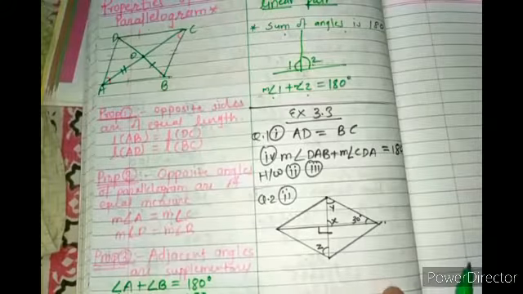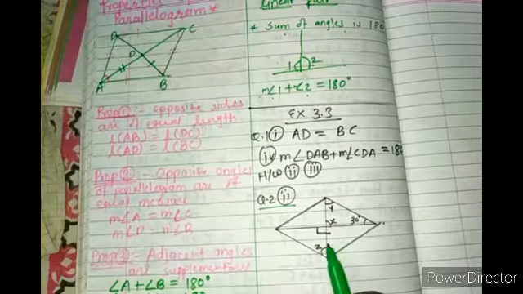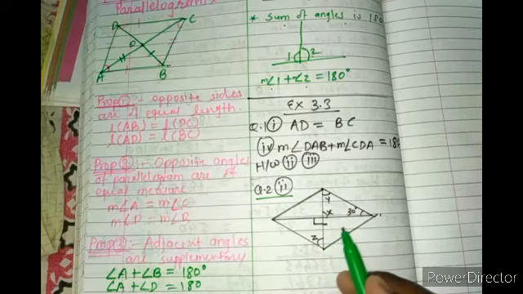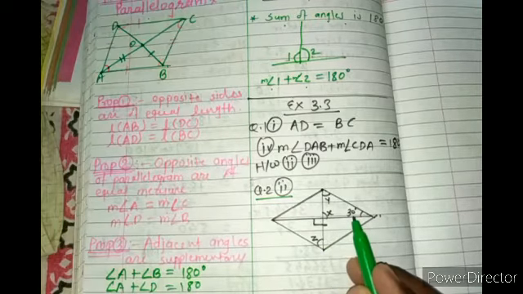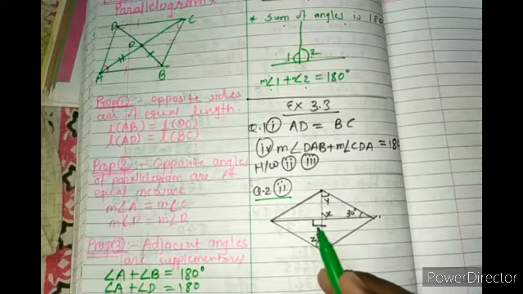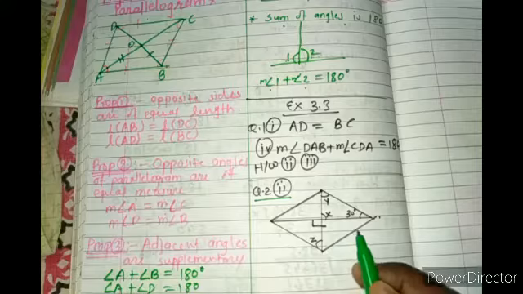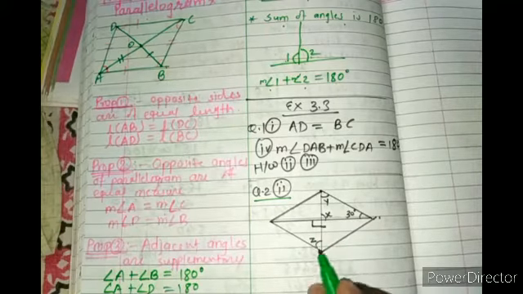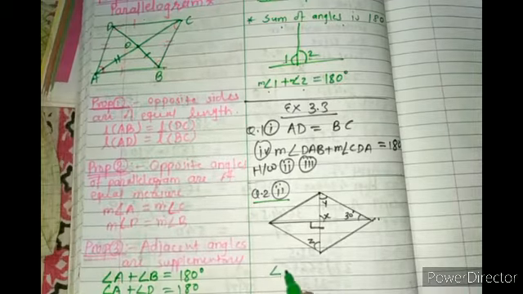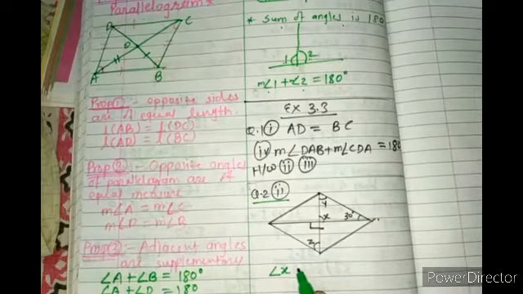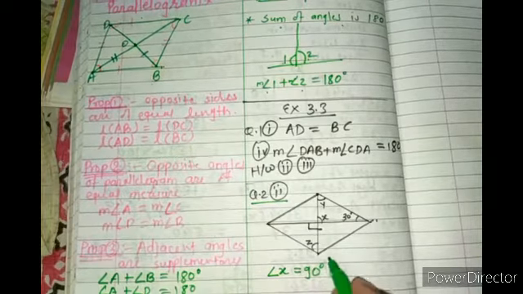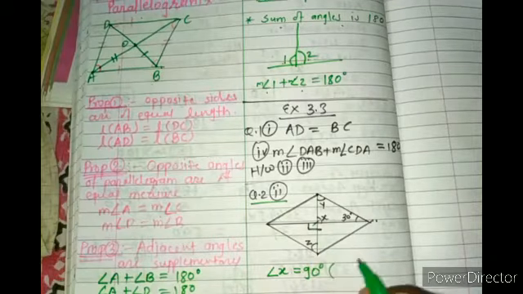Okay. So now in question number 2, second problem, I have drawn the diagram. We have to find the x, y and z, and they have given the 30 degree, right, and this 90 degree. There are the two information they have given. So how we can find the x? So I can directly apply the x equal to 90 degree. Why 90 degree? Because x is vertically opposite to this 90 degree.